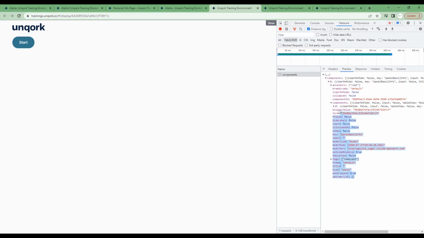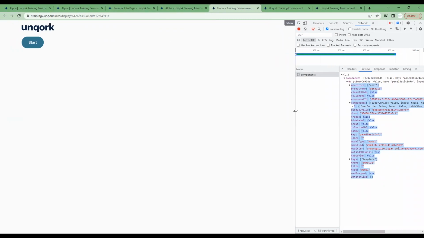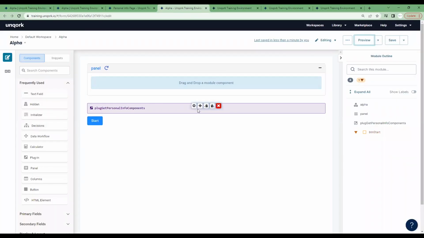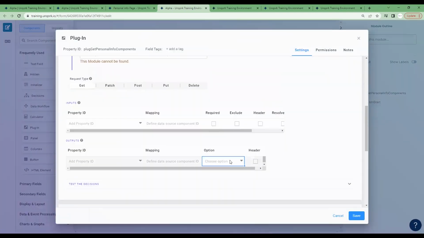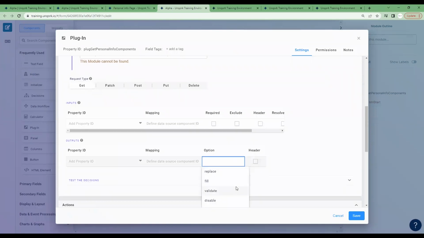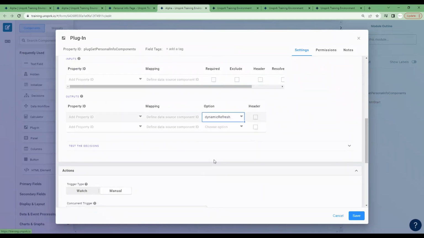Now our goal is, as we have got this module definition or components from the module which we have selected, we need to render these things into our panel. That is what we call dynamic screen refresh. Okay, so let's do that. How to do it? In the plugin, in the output, we need to select the dynamic refresh option, and in the mapping we need to give the mapping as